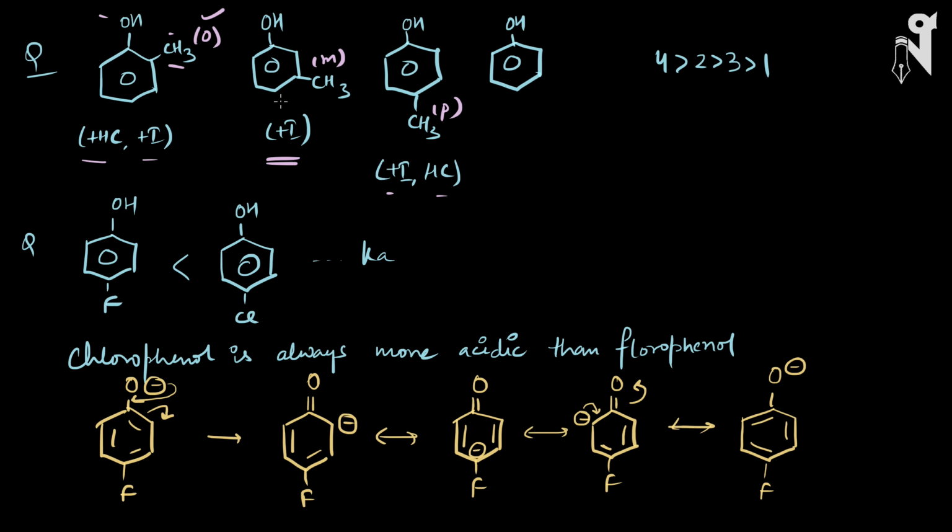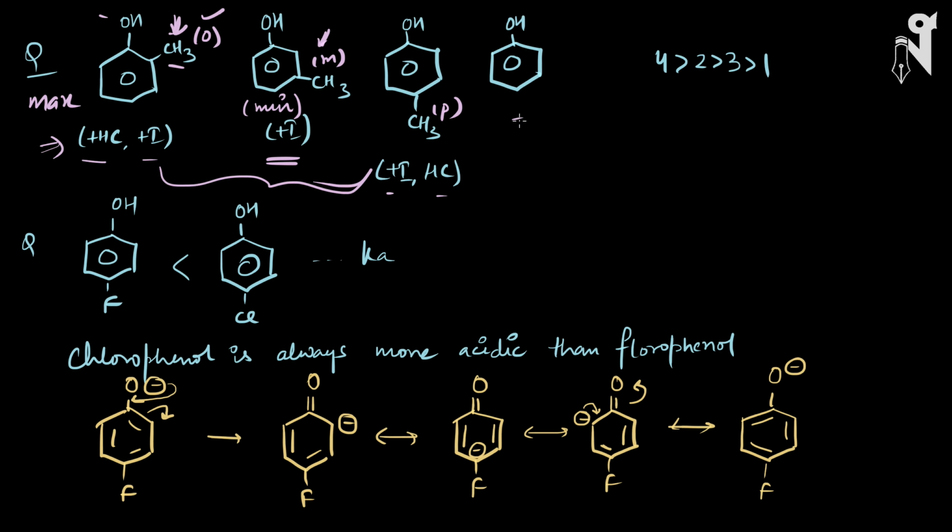In all the three cases it is electron donating. The highest electron donation is done by the CH3 which is present on the ortho position, because with hyperconjugation it is donating equally, no matter whether it is on the ortho position or on the para position. The only thing which will create the difference will be the inductive effect. The farther your CH3 is, the lesser will be the donation. And in case of meta, hyperconjugation is not working at all, so the overall donating effect is very, very less. Here the donating effect is maximum, here the donating effect is minimum in case of the presence of CH3. So this is maximum donating, so this is going to be the least acidic. Then you have the minimum among these three.